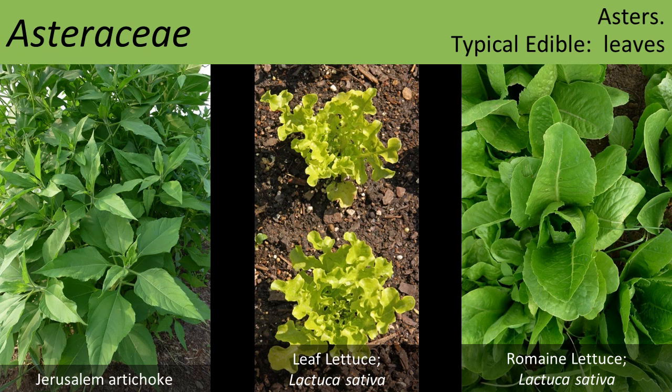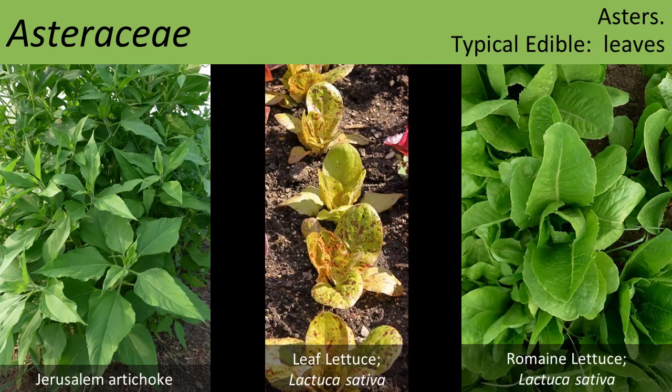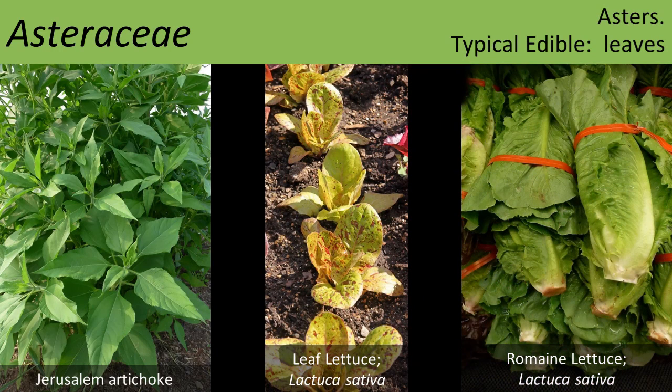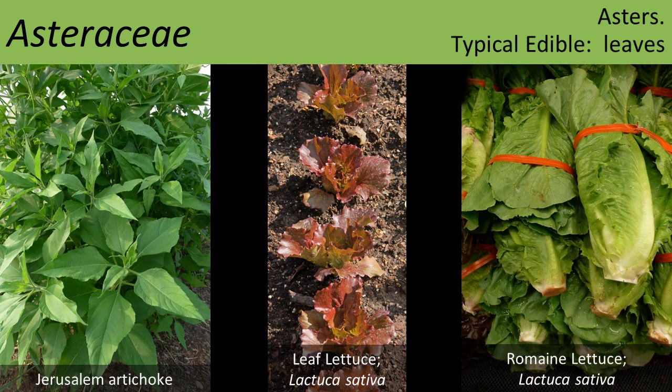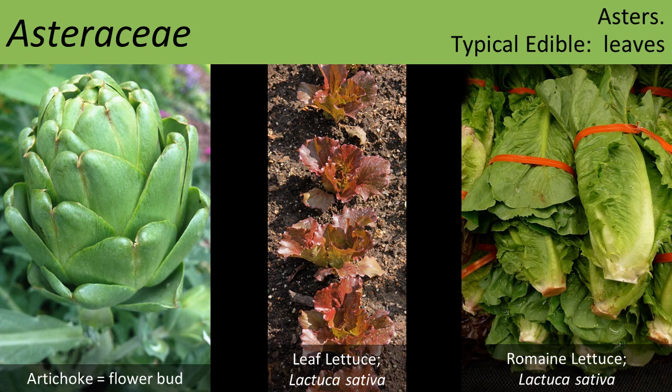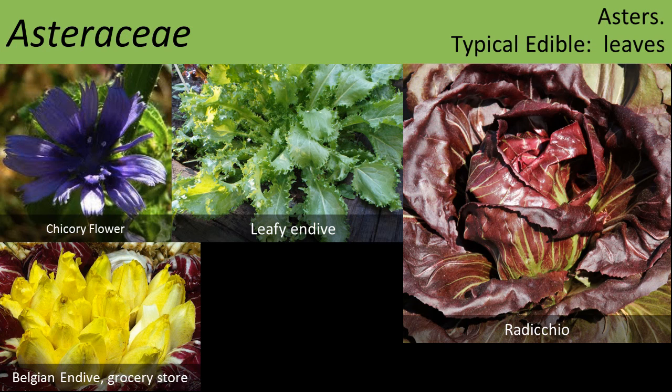Also in the Asteraceae family are Jerusalem artichoke and all of the different types of lettuce. So the leaf lettuces, the head lettuces, and then romaine lettuce. But the part that we most often eat is the leaf tissue, but the flower tissue in many of these plants is also edible. The Asteraceae family also includes such plants as chicory,